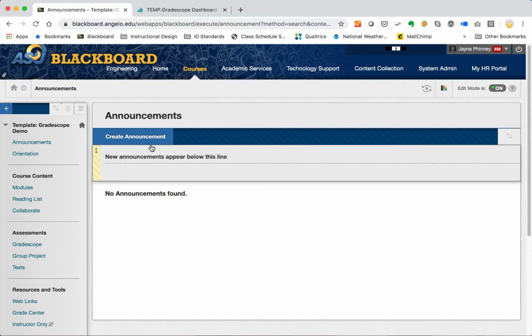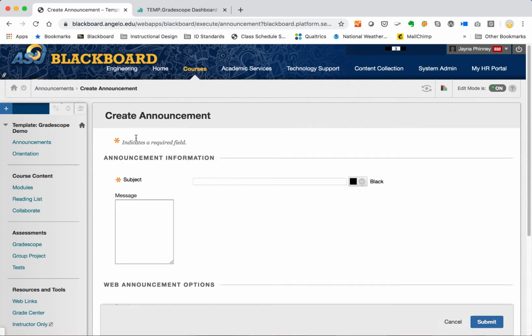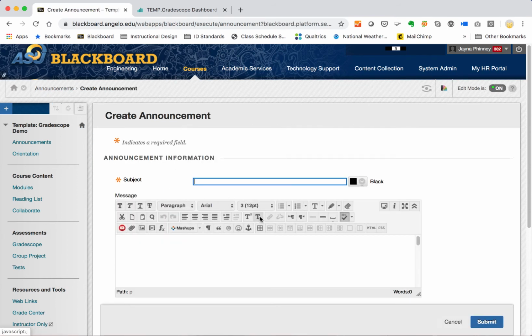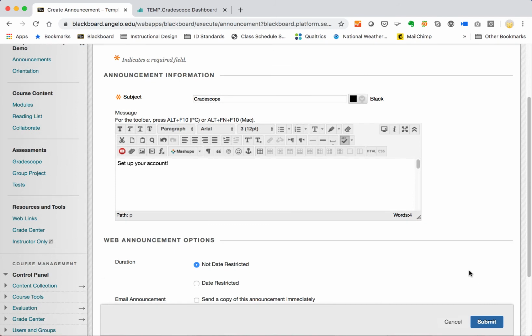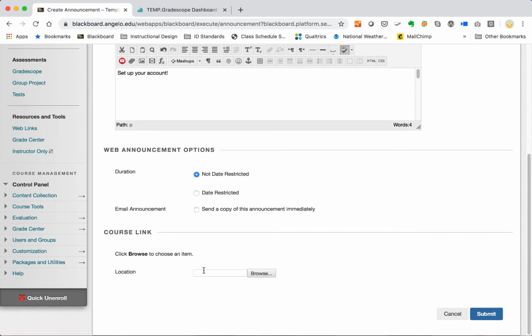So you might think it would be a great idea to go ahead and create a course announcement about Gradescope and telling your students to set up your account. And maybe you want to go ahead and do a course link to it, and you think, oh, this is a great idea, or you decide to put the link up here, and then just direct them to